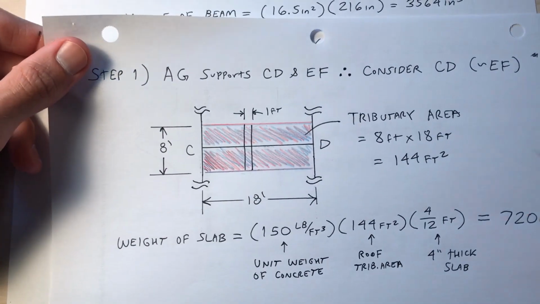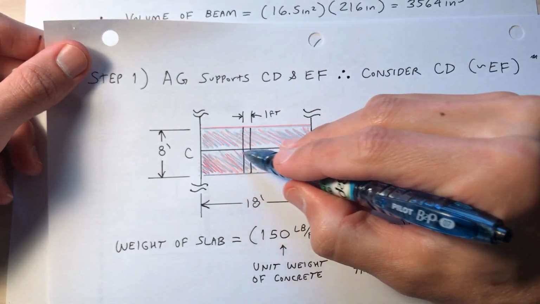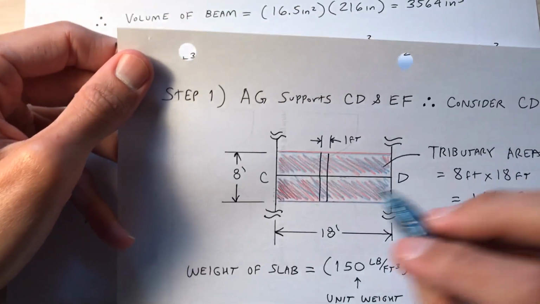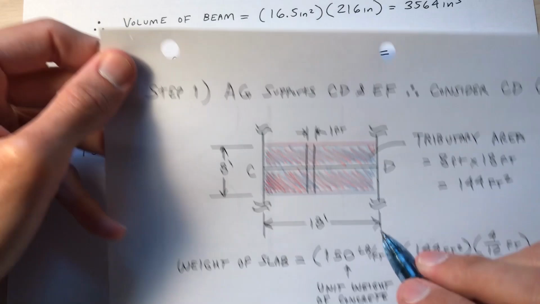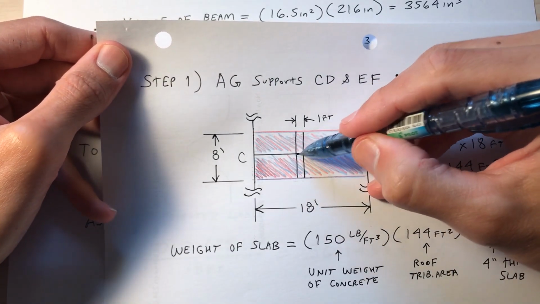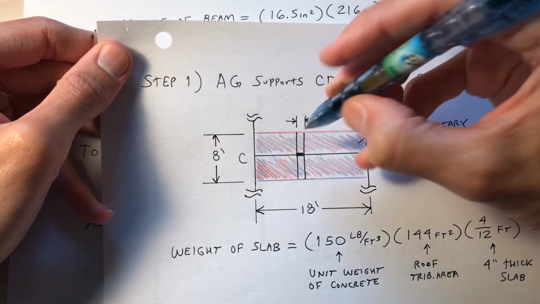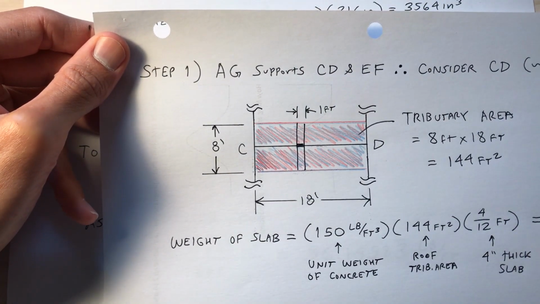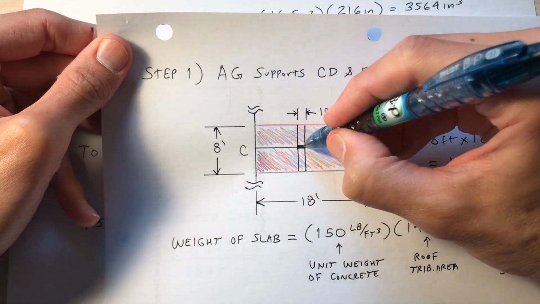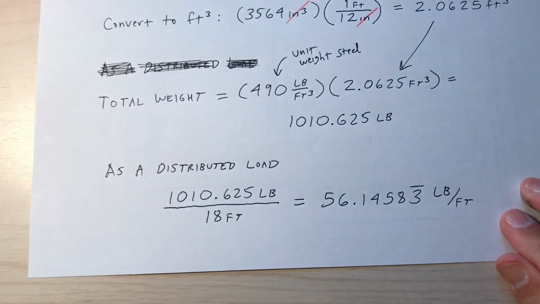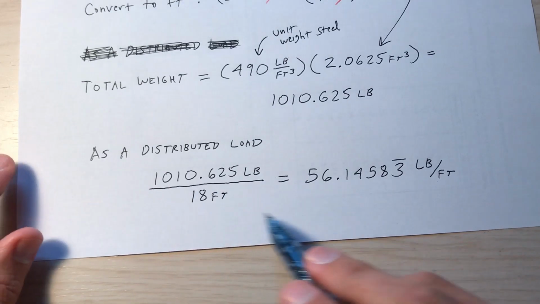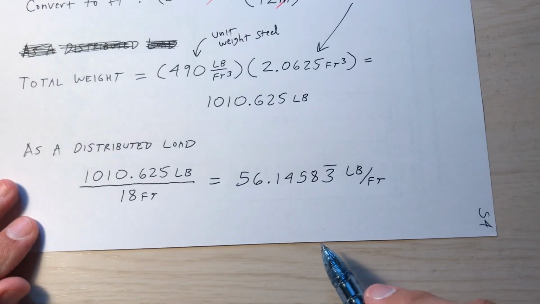Remember this drawing? That's the total weight of beam CD. The total weight is the 1,010 pounds. That's the total weight of beam CD. I take a little strip of that. See that right there? A 1-foot strip. I want to know what the weight of that 1 foot portion is. So as a distributed load, take the total weight, 1,010 pounds, divide by the 18-foot span,